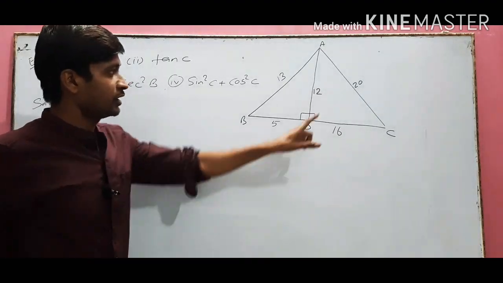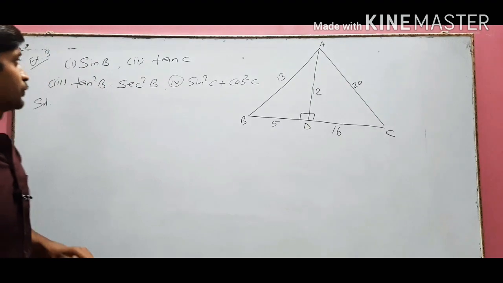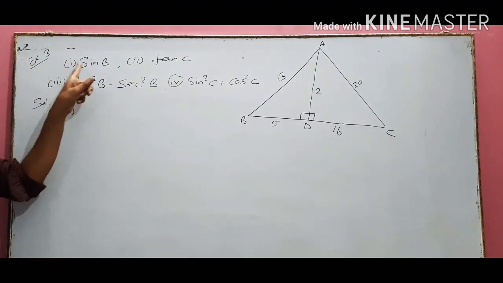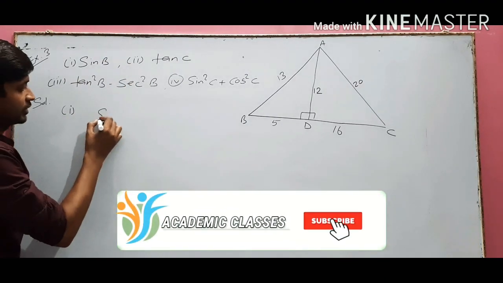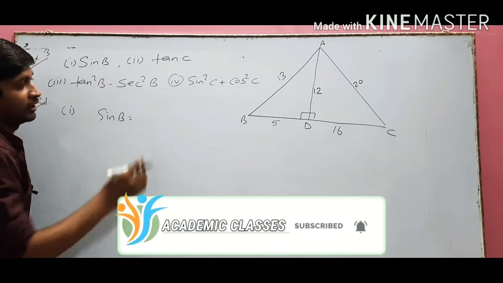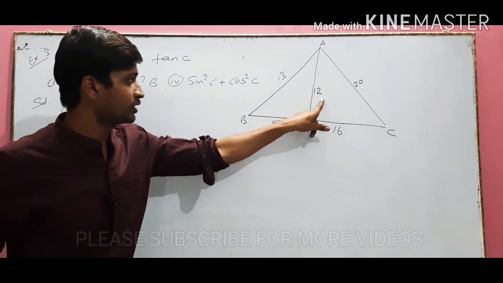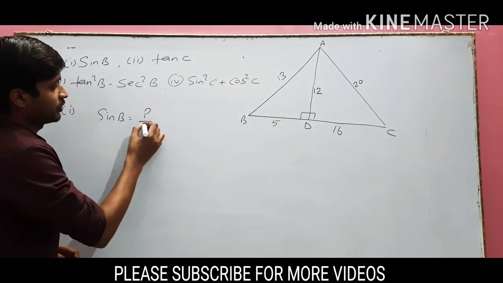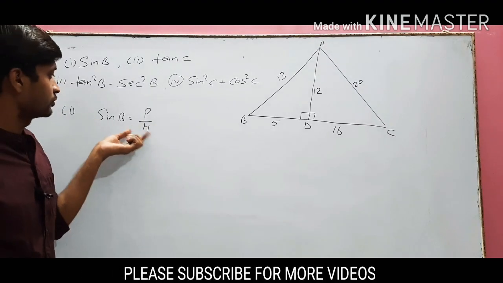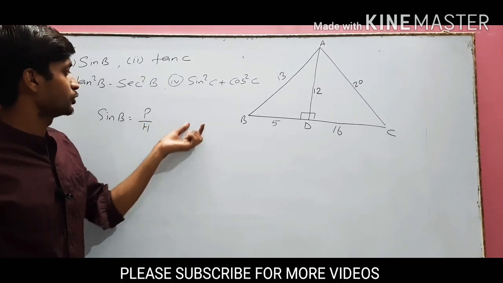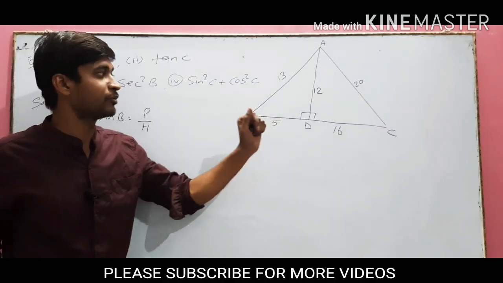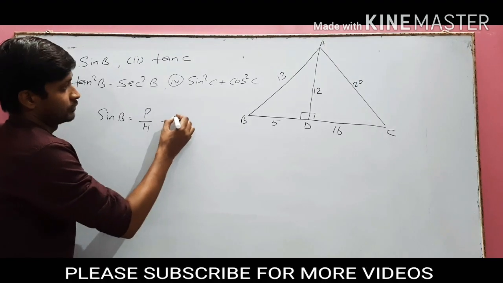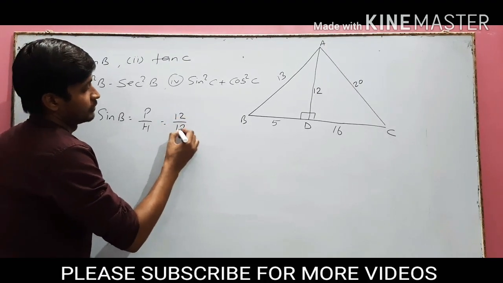Now we have calculated AD as well as AC. Now we are going to calculate the required parts. So first part that we have to find is sine B, right? So first write here sine B. For this angle, this will be perpendicular, this is the base and this is the hypotenuse. I have told in first video sine is equal to P upon H, cos is equal to B upon H and tan is equal to P upon B. So P that is 12, H 13, 12 by 13, right?